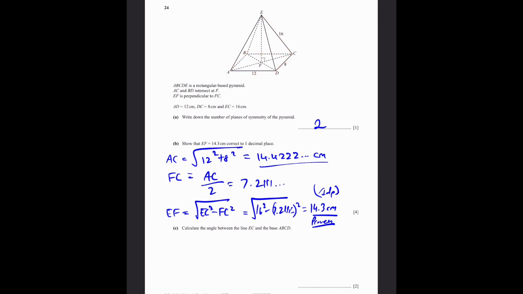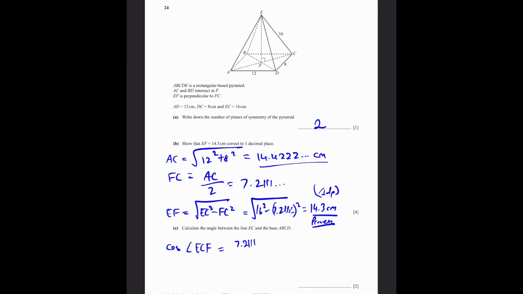Since we know EC, FC and FE, all three sides, we can use any two sides to find this angle. In this case, I will use EC and FC. The cosine of the angle ECF, which is the angle between EC and the base, will simply be the adjacent, which is FC,